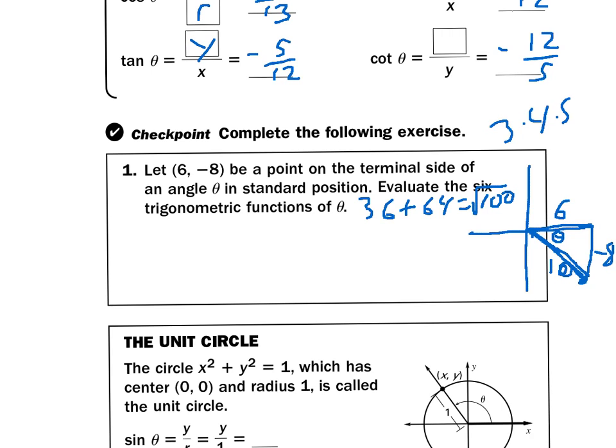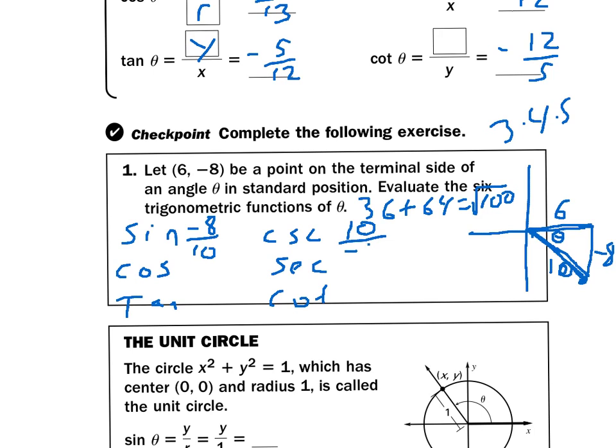Okay? And so when I'm going through and I have sine, and I have cosecant, and I have cosine, and I have secant, and I have tangent, and I have cotangent, I hope that you were able to do sine is opposite over hypotenuse, so negative 8 over 10, or negative 4/5. 10 over negative 8 was your cosecant. Your cosine,